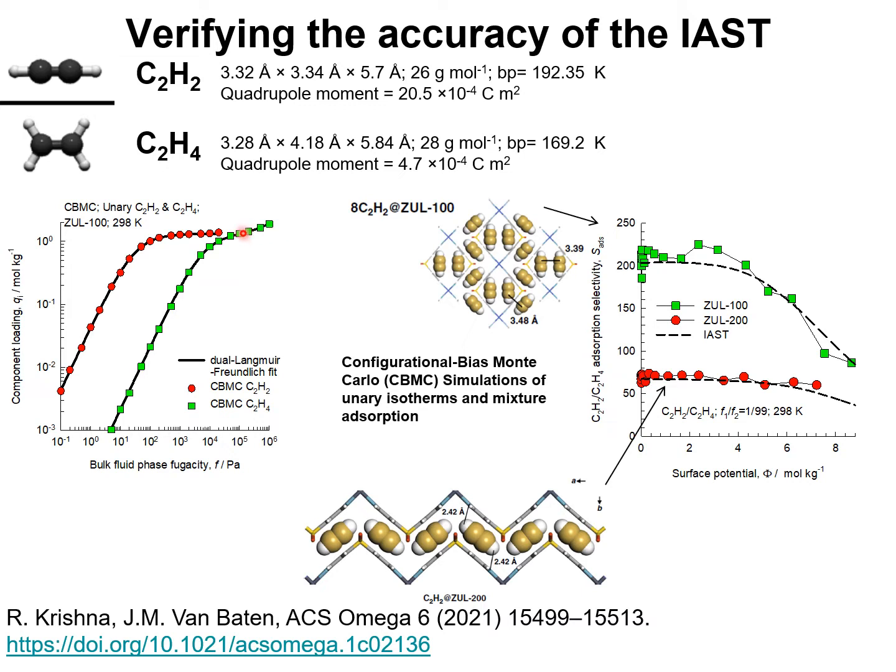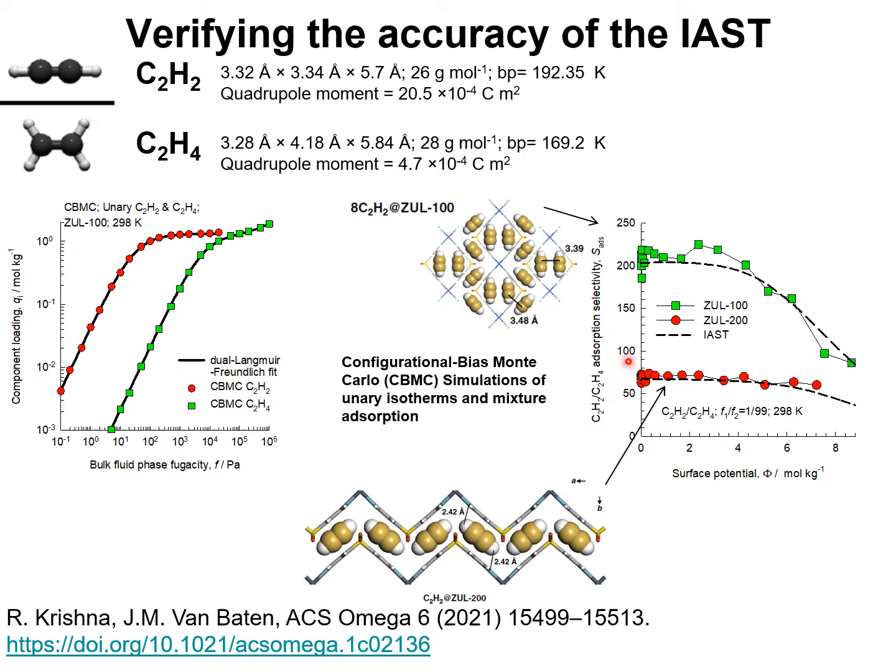The data for the unary isotherms are obtained using configurational bias Monte Carlo simulations of the unary isotherms and also for the mixture. The mixture adsorption equilibrium data are used to determine the selectivity of